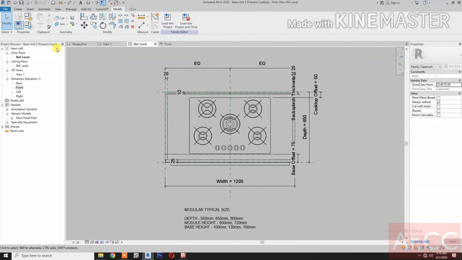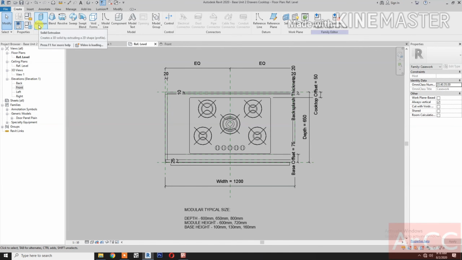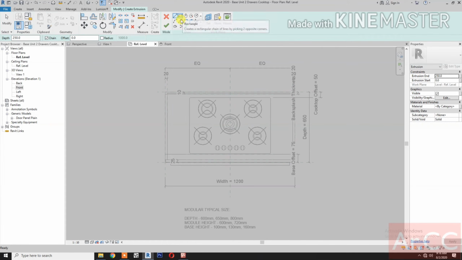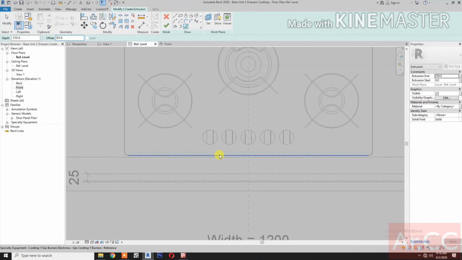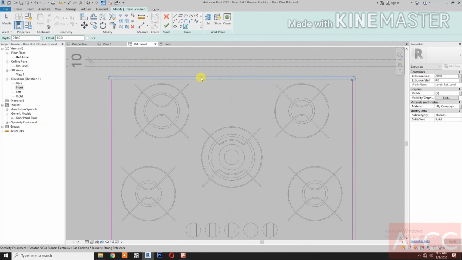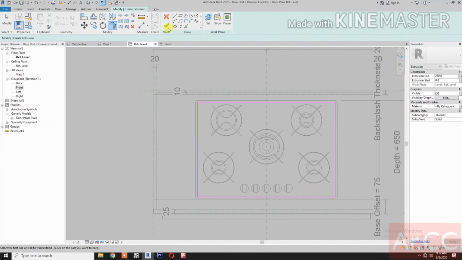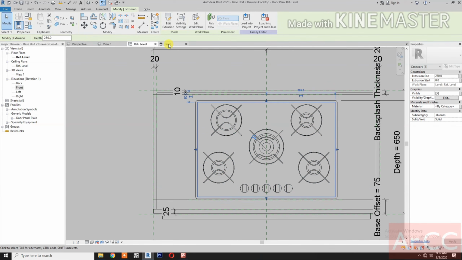Go to reference level. Let's create an extrusion, pick lines, offset value 10 millimeter, pick the edge of the cooktop. Okay, pick the 4 sides of the cooktop, then select the trim the 4 corners or only the 2 corners. Finish. Go to front elevation,